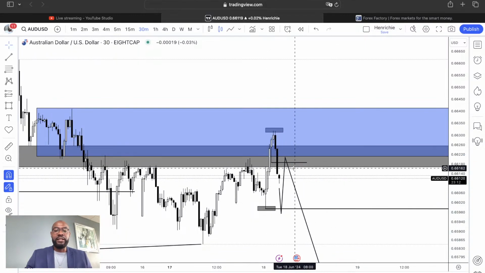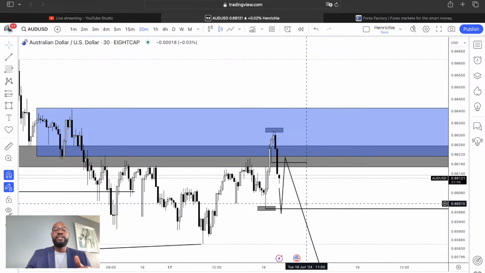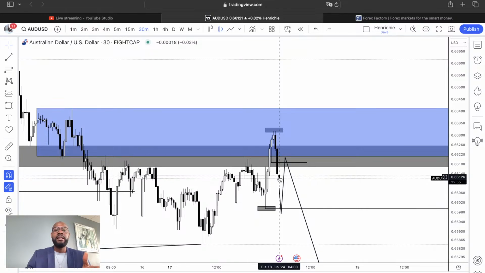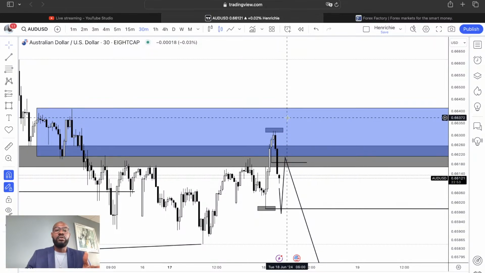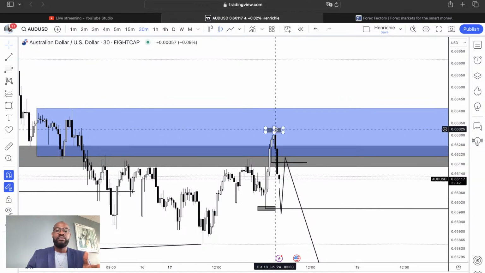for itself if we're looking for an opportunity to sell it, but I personally don't count the trend because the overall trend for me is bullish. So all I'm looking for is an opportunity to buy Aussie dollar. It doesn't mean that an opportunity like this is not going to work, but in my opinion, it's low probability because price can still want to go higher to run even these highs right here, even though this is a high resistance liquidity, and that is part of the reason why I think it's going to hold and price will react from here